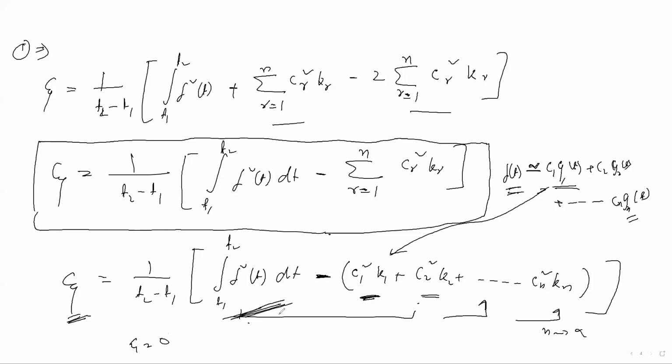Understood? By this equation we conclude that as we increase the orthogonal functions to represent the signal FT, the error is going to decrease. Understood? These are the things you should know, or you can write below: as we increase the orthogonal functions to represent a signal, the error gets decreasing. That also you can write in the conclusion part.